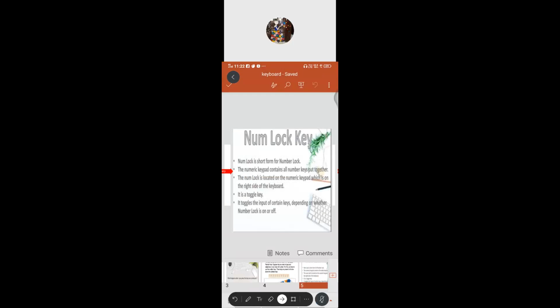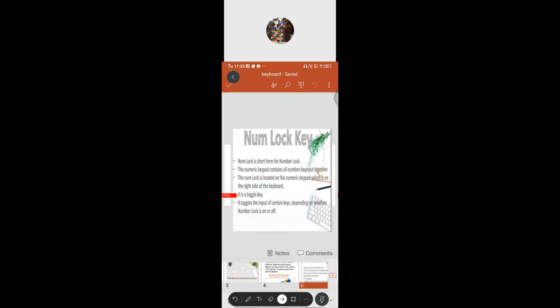One set of number keys is placed above the alphabet keys, and another set on the right side of the keyboard, that means 0 to 9. The numlock is located on the numeric keypad, on the right side of the keyboard.